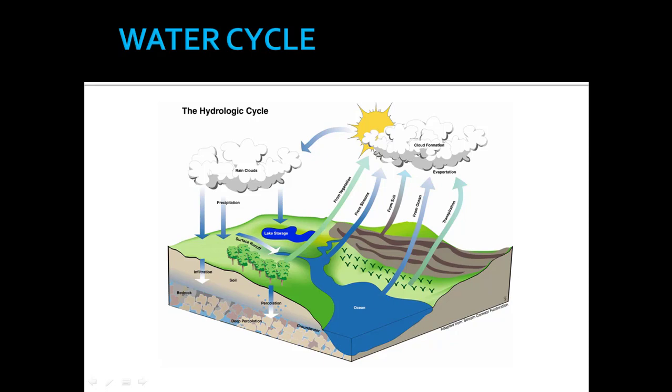Now how does the water reach us in different forms? As you can see, this is called the hydrological cycle. This hydrological cycle plays a very important role. It takes the water from the ocean and brings it back to the land, and again it goes into the ocean. You might have learned this natural process in your lower grades. When the water evaporates from the water bodies, it gets condensed, gets saturated and precipitates in the form of rainfall. It falls on the ground. It takes paths like rivers and streams and meets the ocean. Many times the water also seeps into the soil and increases the water table that we can fetch with the help of tube wells and wells.